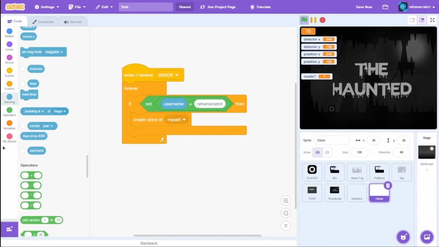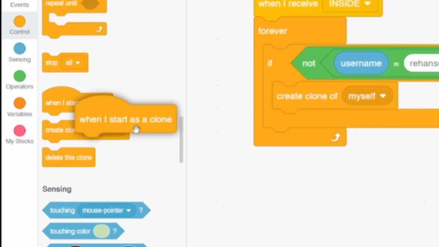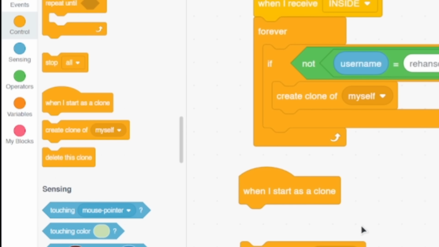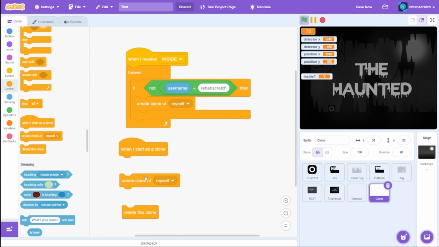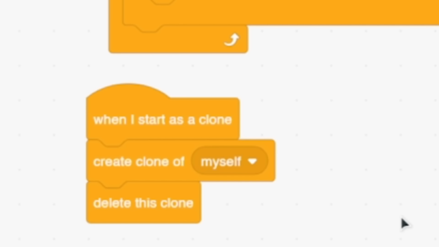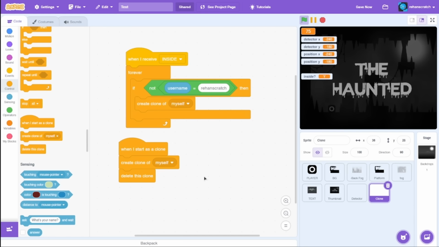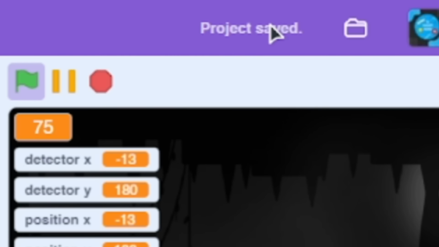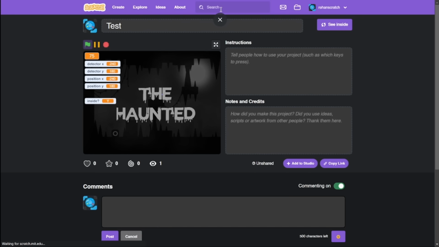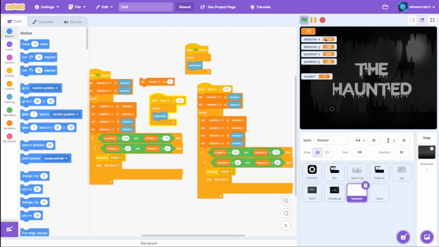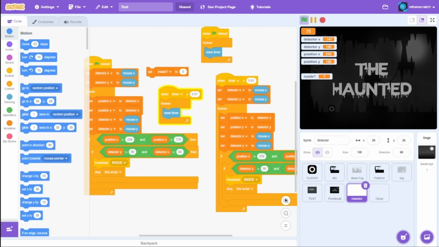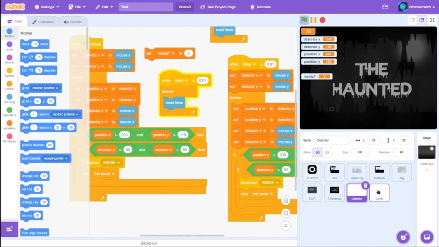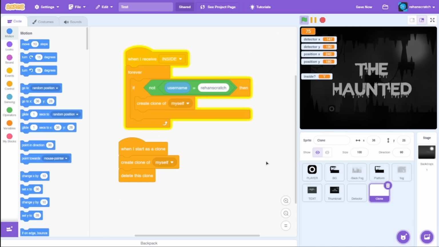Really neat. And now we just need to drag these 3 blocks and make sure not to click them. And we just need to connect them together, which is really important. Don't click this, because if you click this, it would not save. So you just need to leave it right there. Go for detector, save your project, click see project, see inside, and now it should broadcast the message. I can see it broadcast and stop this script, but because we are viewing the project, it's not breaking or